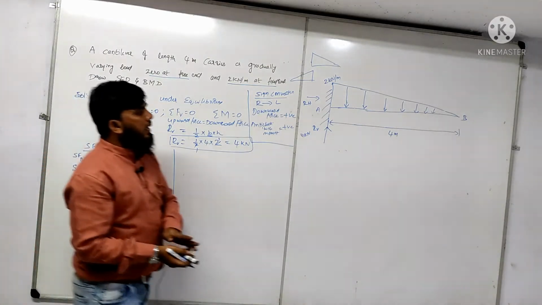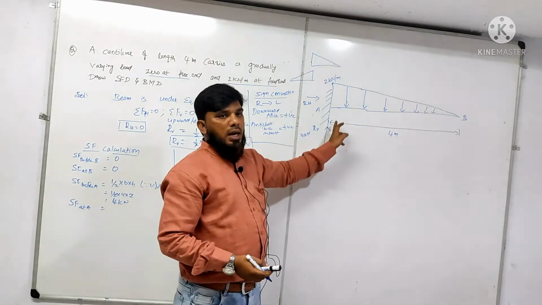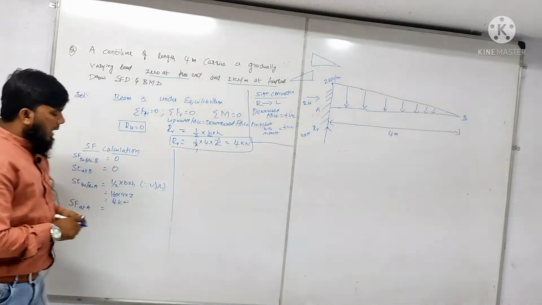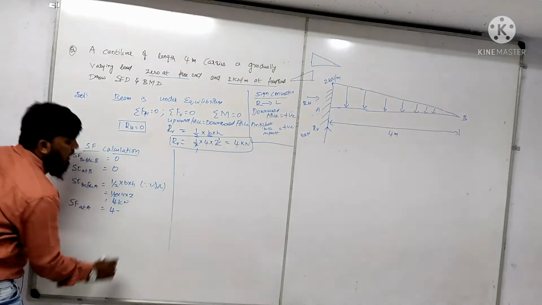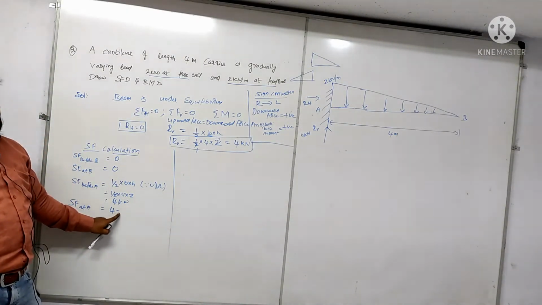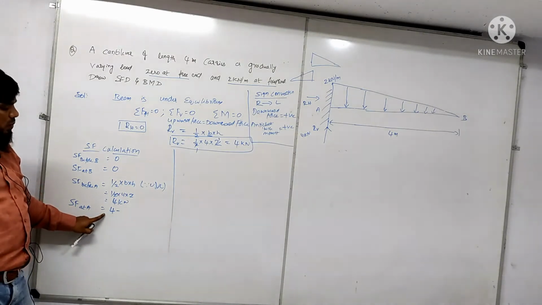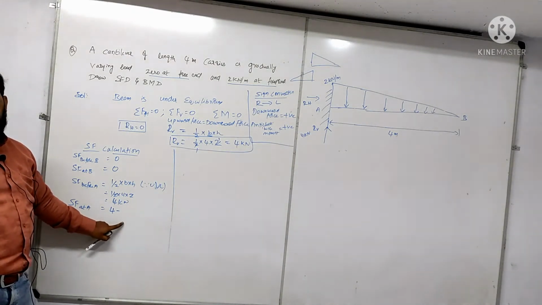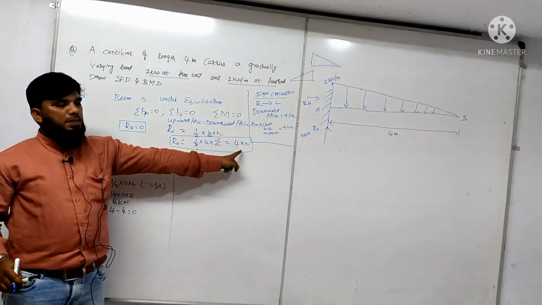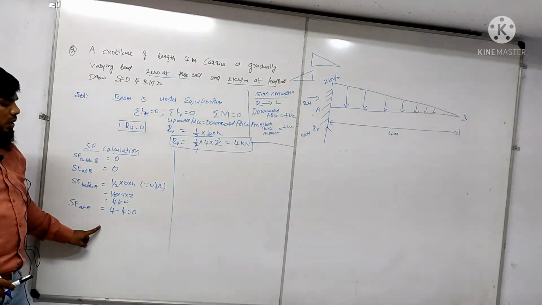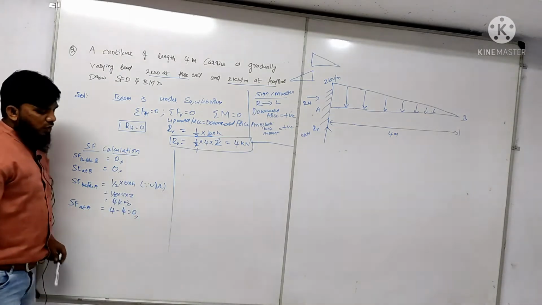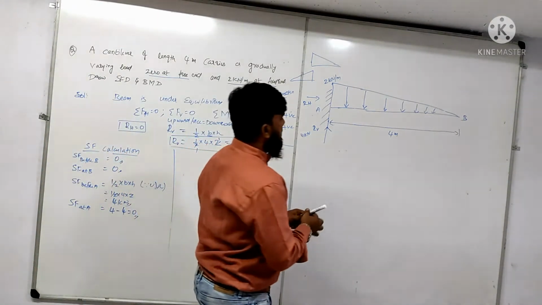Next is shear force at point A. When I come to point A, along with this UVL, we are having a reaction at this point. That is 4 minus, the reaction is acting in the upward direction. When upward direction, what sign do we have to take? Minus. This is downward, so we are considering this as positive. This is acting upward, so we are considering it as minus, equal to 0. RB value is already present here, 4 kilonewton. So we have got the values. I will highlight these 4 values we have calculated. Let us draw the shear force diagram.